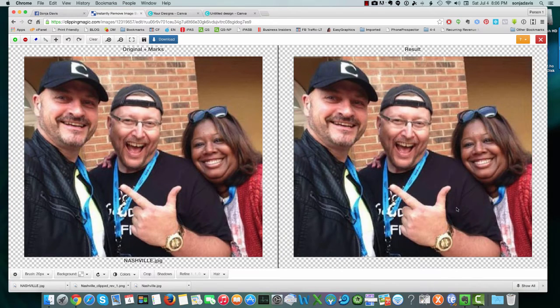Okay. So with Clipping Magic, what you can do is select certain items or sections of a picture and actually delete them so that you only have the objects in the picture that you really want. Now I happen to like this picture. This was some fun times we had in Nashville. That was back at the end of April. So anyway, with Clipping Magic,